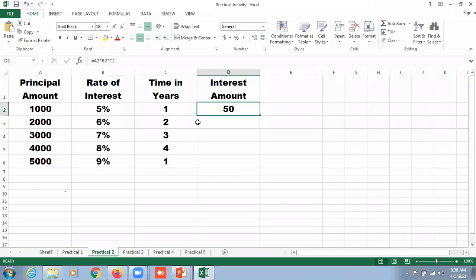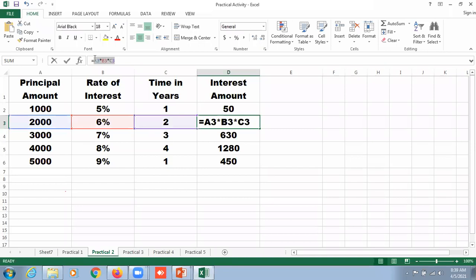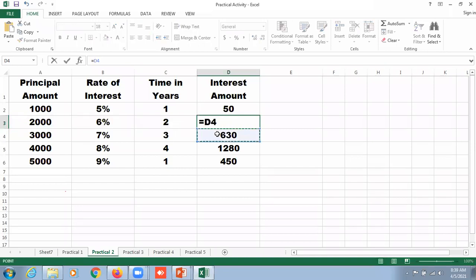When we drag this downwards, the addresses of cells automatically change. In the first case the addresses are A2, B2 and C2. But in the second cell they automatically change to A3, B3 and C3. In the next case they automatically change to A4, B4 and C4.